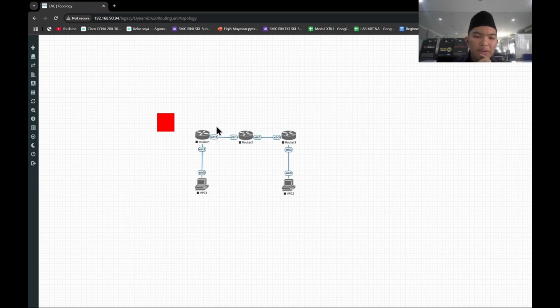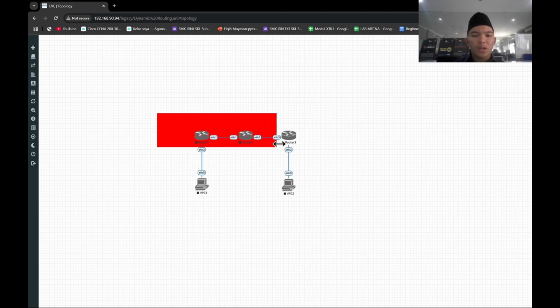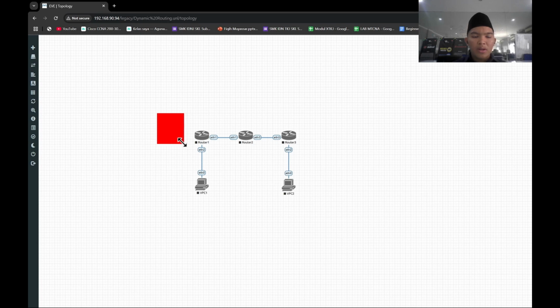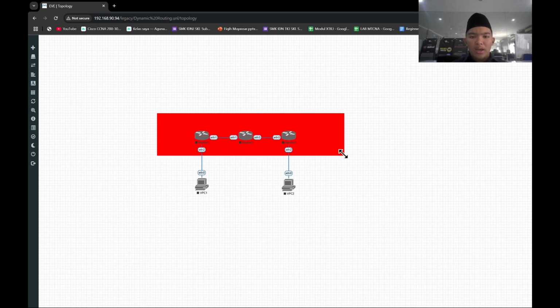So in static routing we must add the routes one by one in each router, but in dynamic routing with OSPF you only need to set up OSPF in every router, and OSPF works in a grouping system or with areas like this.